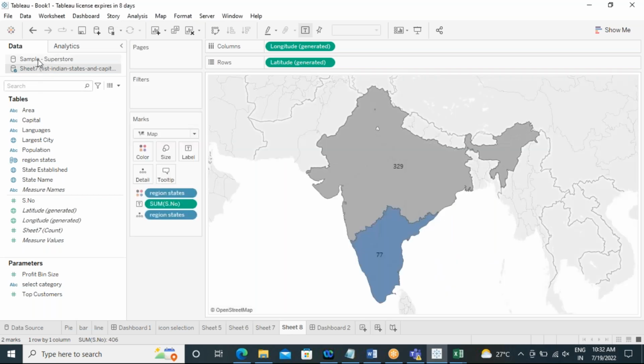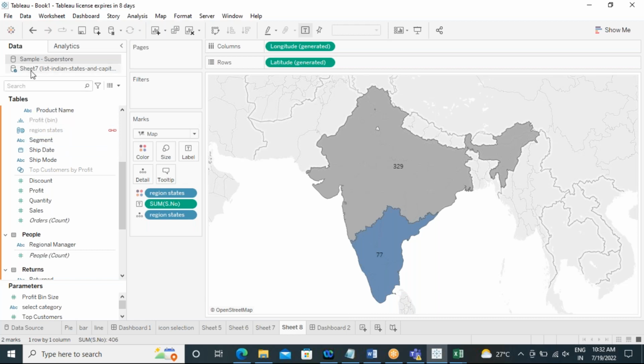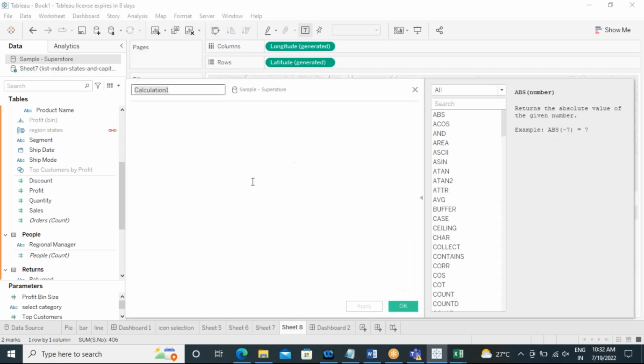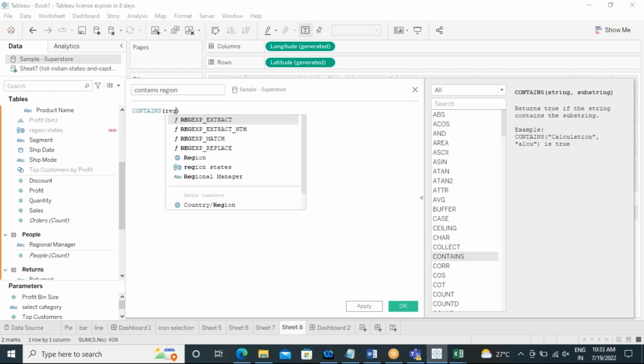This thing I will explain to you later. We have the concept of data blending. There you will understand how we can do it. Okay, just go here: Analysis, Create Calculated Field, and contains, region field,